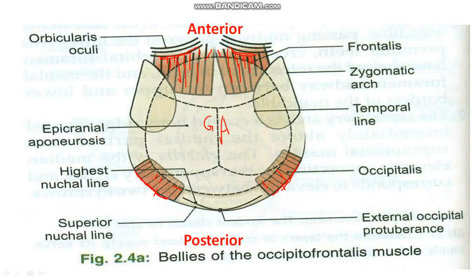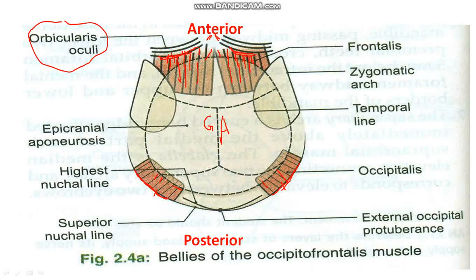Now this frontalis, here we see it is originating from the skin over the eyebrow and the subcutaneous layer below the eyebrow. The fibers of the frontalis you can see are merging with the orbicularis oculi, as well as with another muscle here, the procerus. Procerus is present here, so the fibers are merging with the procerus as well as the corrugator supercilii.